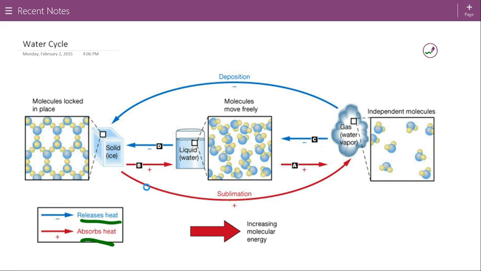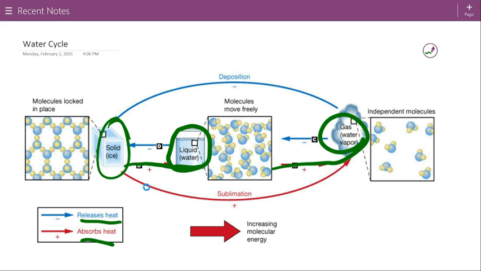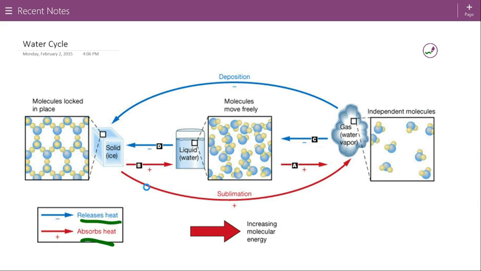So in a solid state, we have ice, and the molecules are very rigid and solid and locked into place. And then as the ice absorbs heat, it melts and turns into liquid water, and the molecules can move freely. And then again, as it absorbs more heat, it turns into gas or water vapor. Now this is very important, that all along here it's absorbing heat, because as water goes through the water cycle, it is